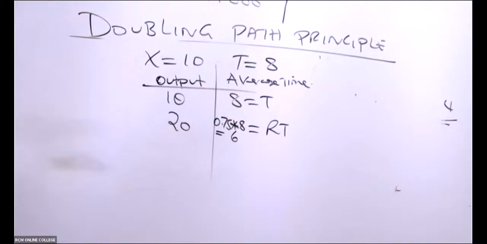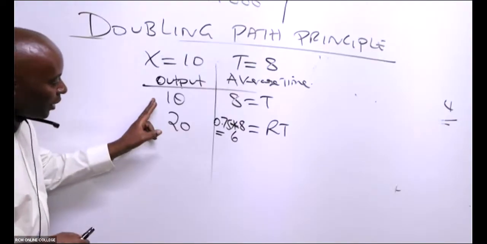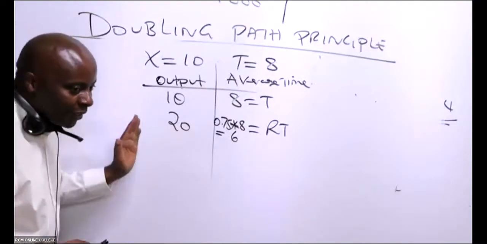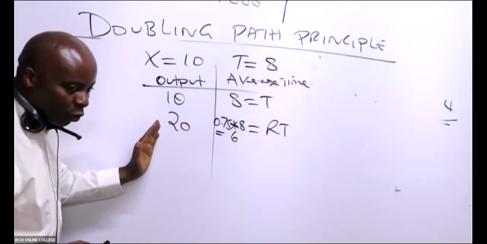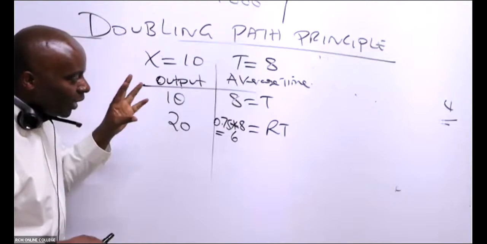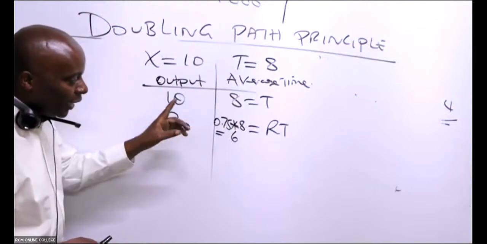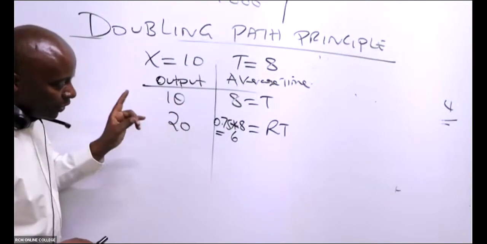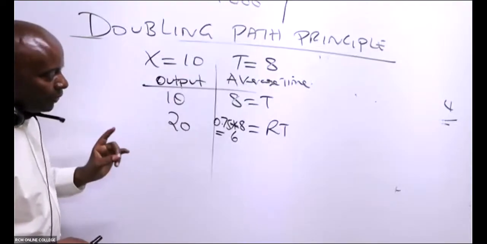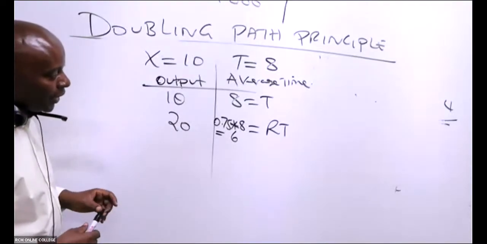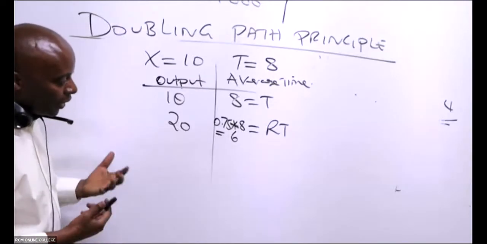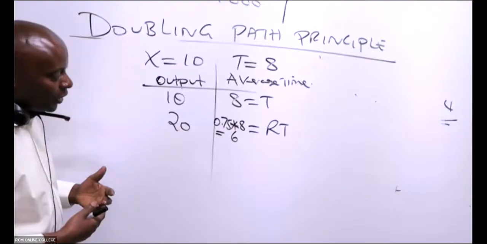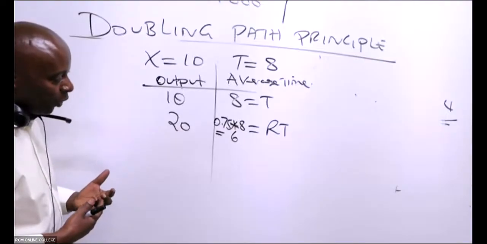He deserved it, because as output doubles from X to what? 2x. From 10 to 20, when I double 10, I get 20. So there is a relationship between doubling of output and average time. I would want to pause for a minute and ask whether you're comfortable, because the next example I'm going to give you shall carry some token.